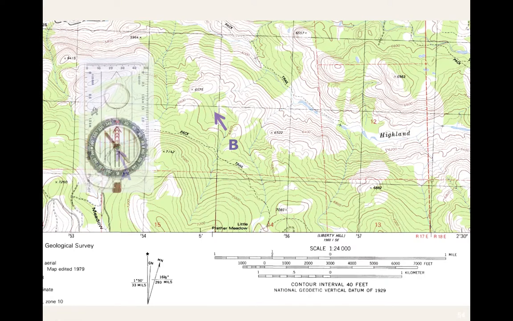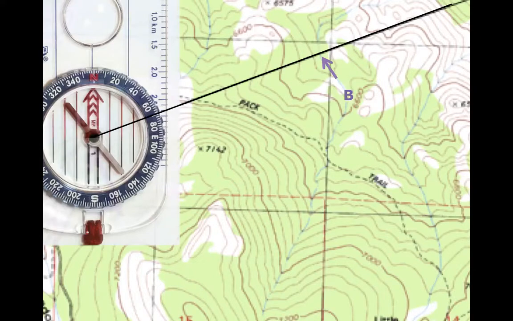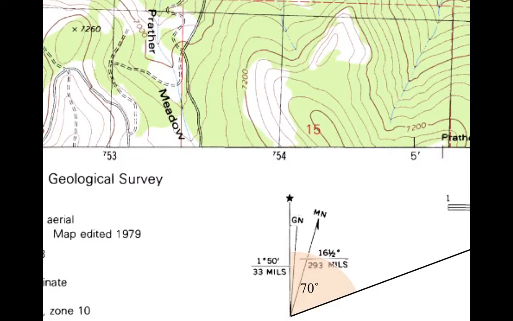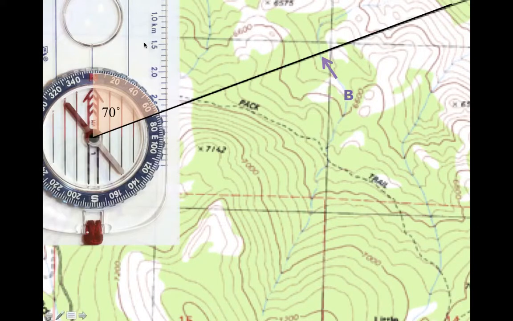And then you draw, and if say you want to travel from point A to point B, you'd simply draw a line from point A to point B. You take a close look at your compass, and you'd see that you'd be traveling at 70 degrees in this particular instance, which is northeast, a little bit more east than north. Now, that's 70 degrees from true north, which is where this compass is aligned,